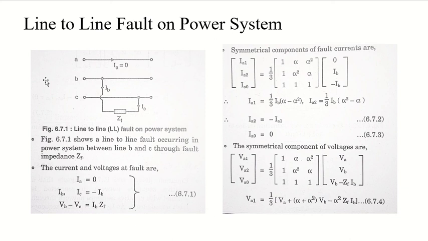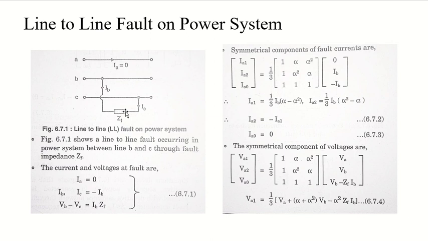And the potential difference between these two lines, can you tell me what will be the value of potential difference between these two lines? Basically it will be equal to the current flowing through this line or this line, doesn't matter, IB into this fault impedance ZF. Right,